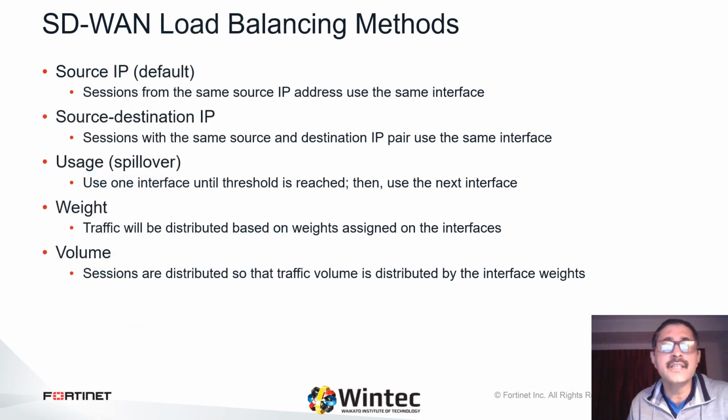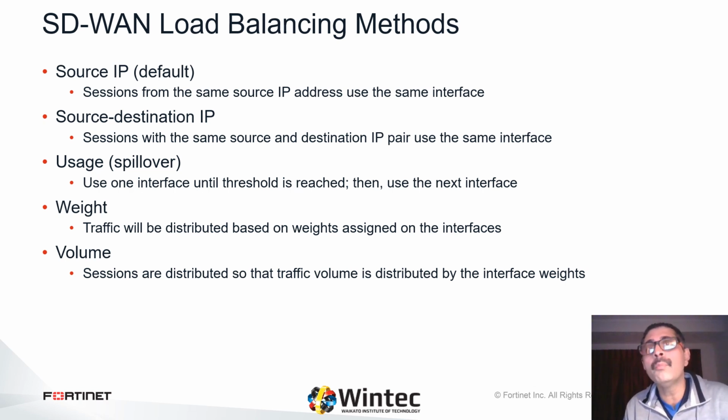Essentially, what you've seen is that SD-WAN is based on load balancing methods, and from that perspective this is a very important slide. Now, SD-WAN load balancing uses traffic distribution methods that are similar to those used by the equal cost multipath, ECMP, which you've seen in the past lessons. However, SD-WAN link load balancing includes one more balancing method, which is volume.